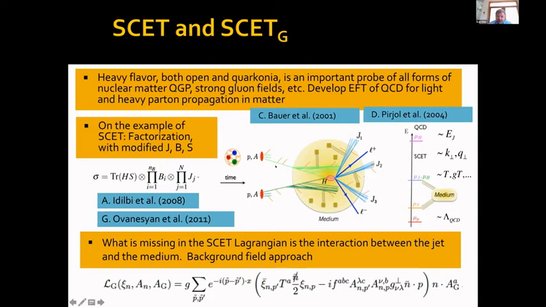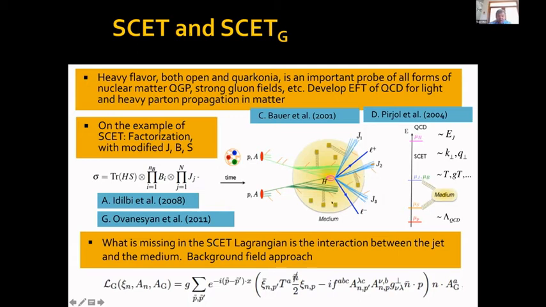The degrees of freedom in this effective theory are collinear quarks, those would be the energetic quarks, and collinear gluons, also energetic gluons, part of the parton shower. There are soft gluons which describe recoil between, let's say, two final state jets. This would be relevant for correlations, not for energy loss or v2, for example. And this is the factorization formula that SCET uses. It's a convolution of a hard part and a soft function. The beam functions are generalizations of the PDFs, and jet functions are the jets, or our heavy flavor in the